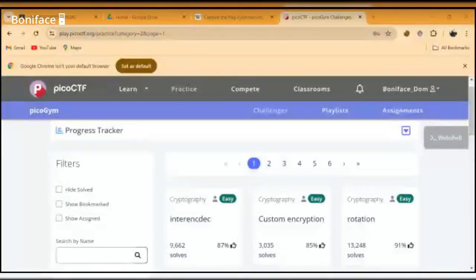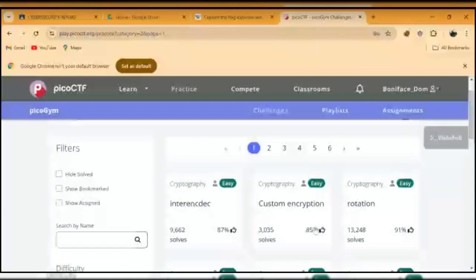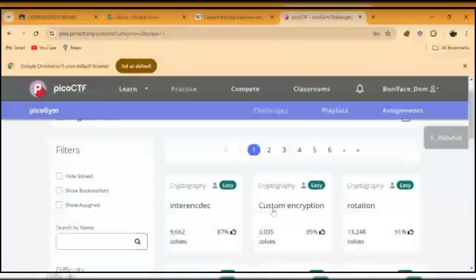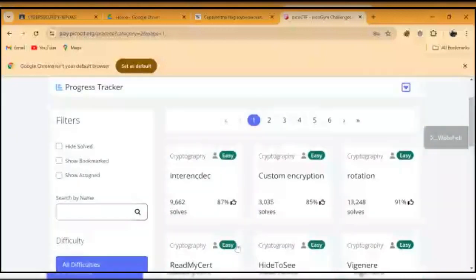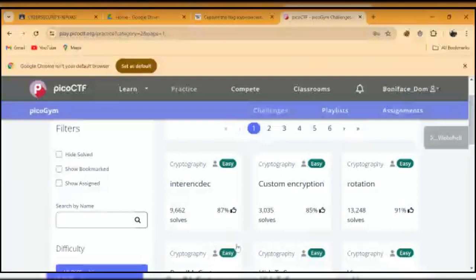So here on the screen is the front page of PicoCTF. Now it has different features. That's a lot of features. Now this is like a very good practicing ground